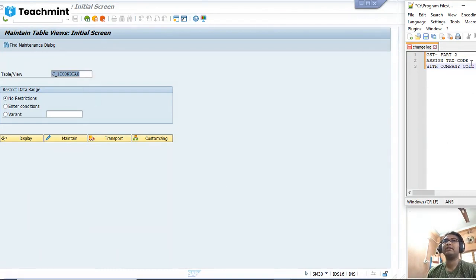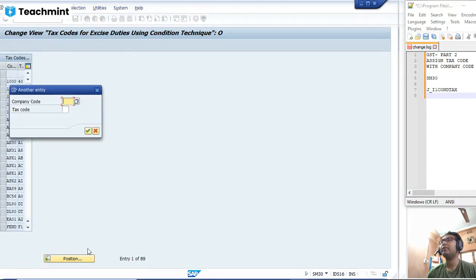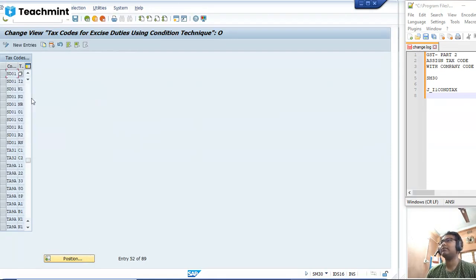So put the T code SM30 and the table is J_1IT0 cond tax. So this is the table. Press enter, or you can click on maintain. Here I have already mentioned or assigned our tax code. So you just see this. Our company code is